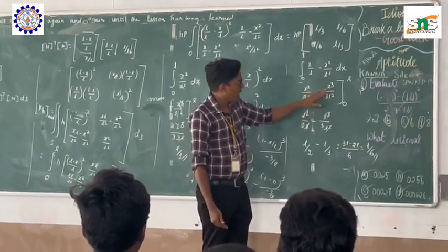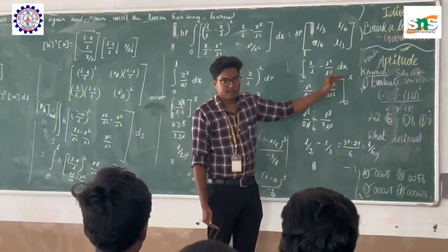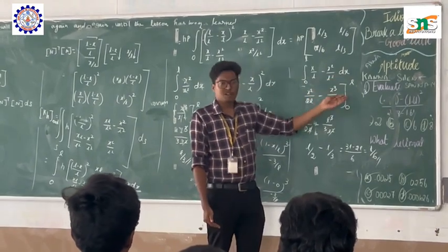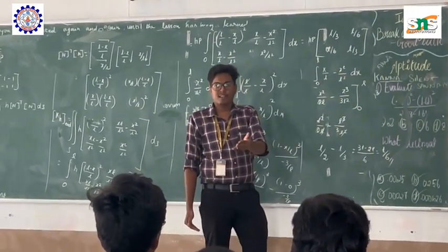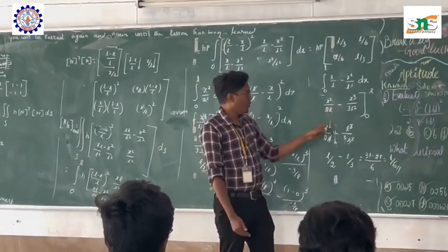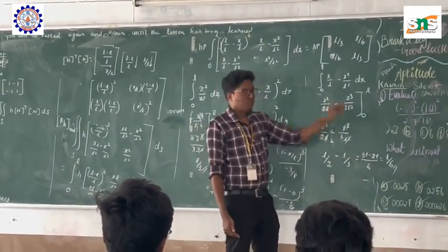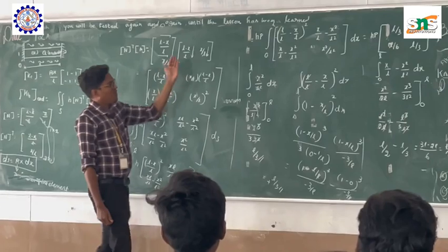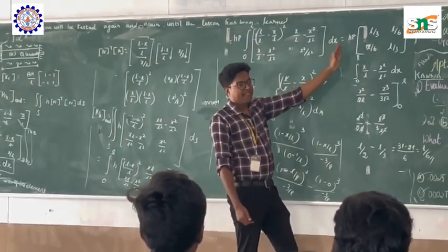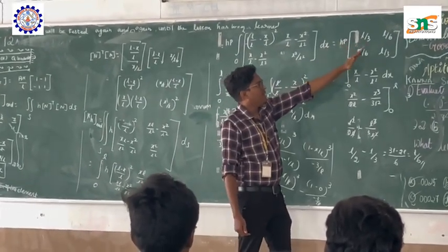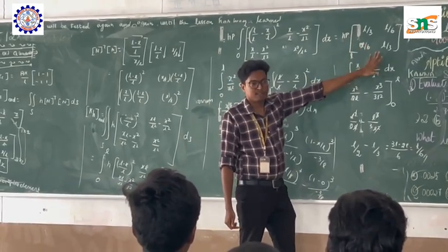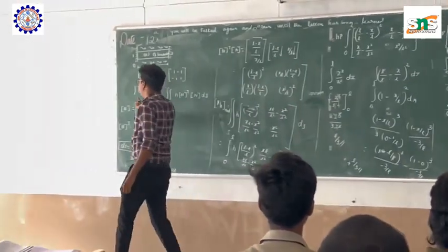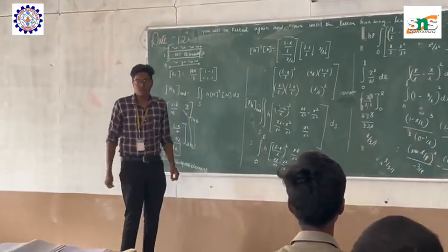After substituting the lower limit and upper limit, what is the upper limit here? L. What is the lower limit? 0. So you replace the value of x with L. What is the formula we get? L by 6. So you have to solve each and every term of this equation. What is the final solution we get? hPL by 3, L by 6, L by 6, L by 3. That is the final outcome, the stiffness matrix for convection. Okay, thank you.